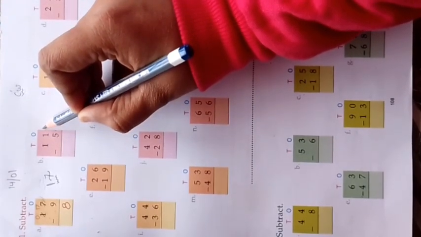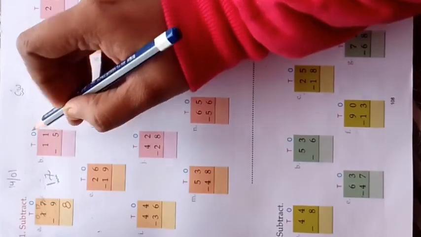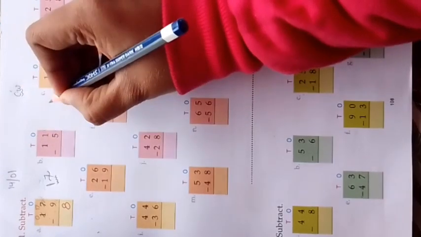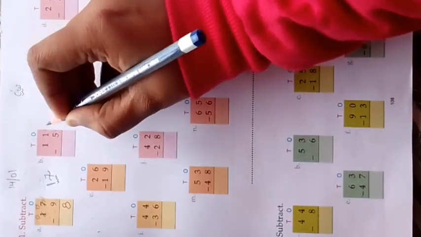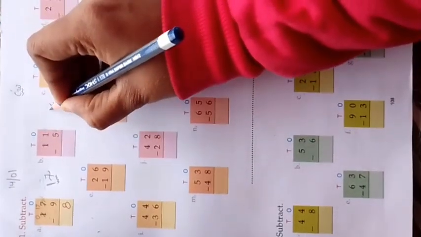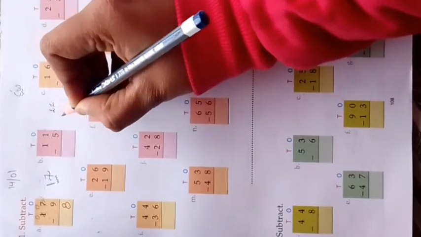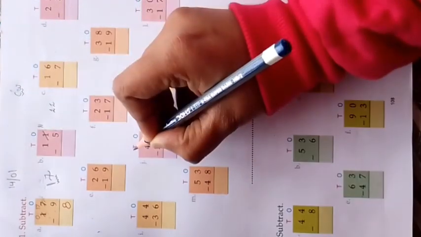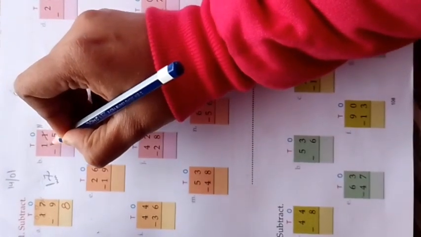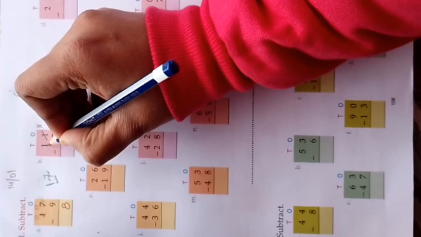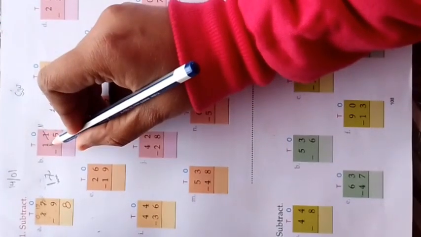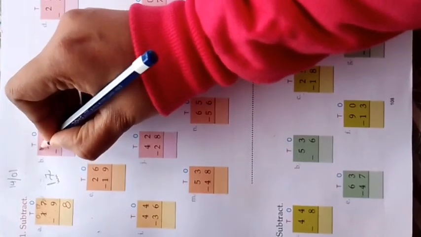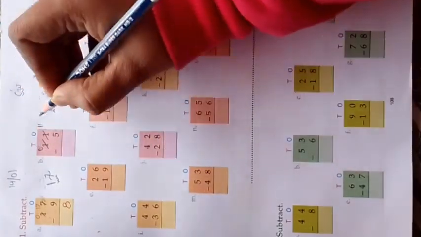So what we have to do in this? We have to take a borrow. From the left side we will take borrow. When we take borrow, the 1 which we have taken as borrow, we will write on the left side. So this 1 will become 11. On the left side 1 is written here and 1 we have taken as borrow. It was 1 and we took 1 as borrow. So what will remain here? Here it will be 0. Got it?